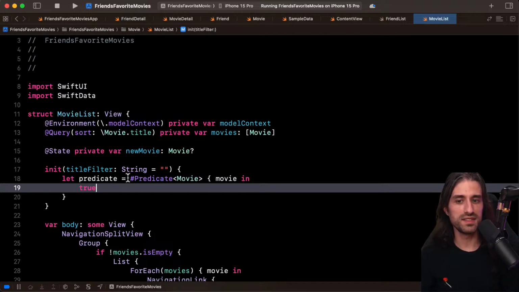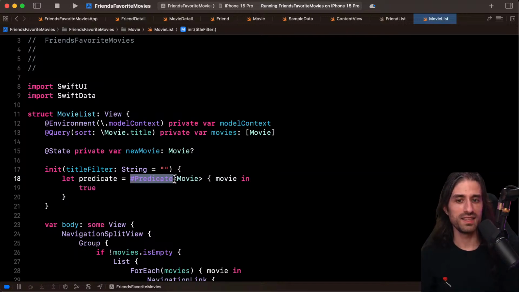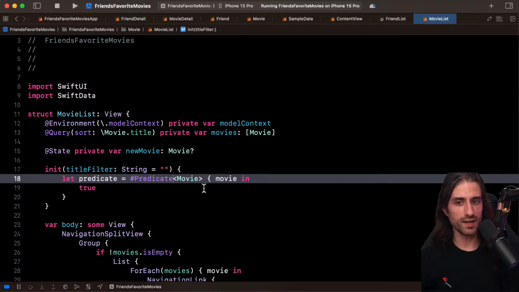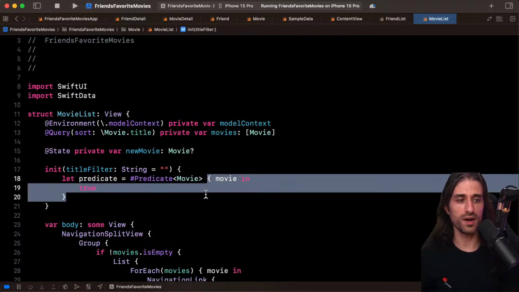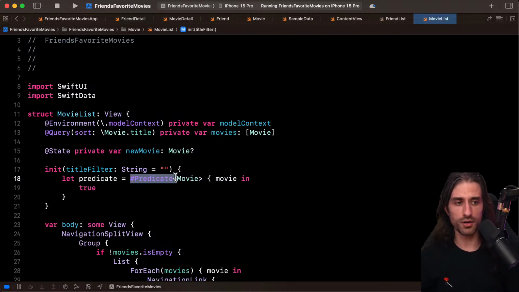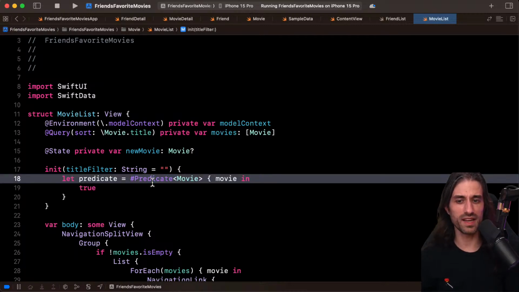So what this macro does is restrict the kind of code that you can write inside the closure. This isn't a closure where you can write arbitrary code. You can only call some very specific functions that the macro will pick up on and translate into built-in functions for the database world that is hidden from you by SwiftData. So it will be very interesting to try and expand this macro once we have written the code to see how the code gets translated.